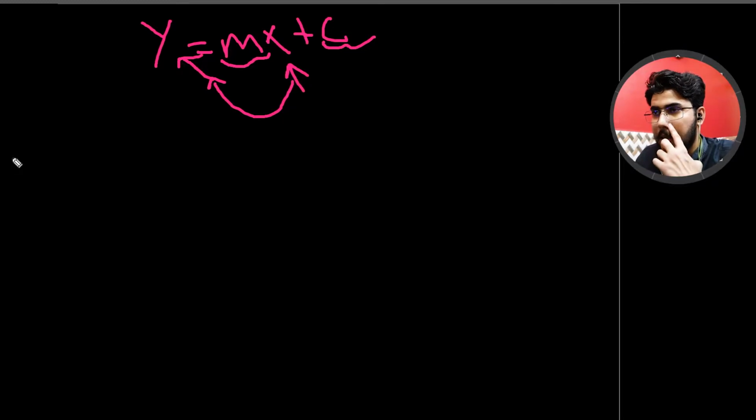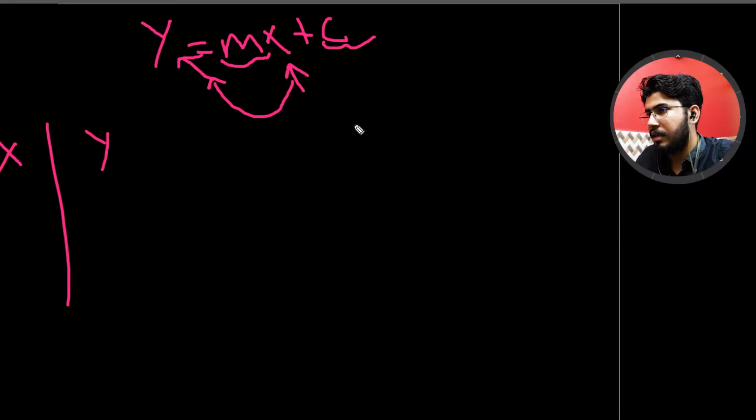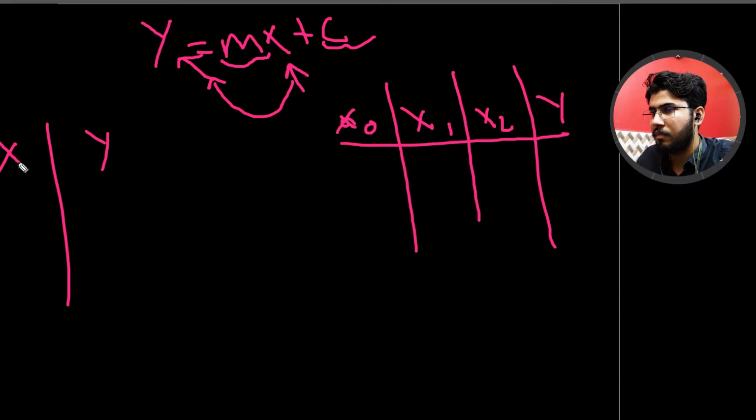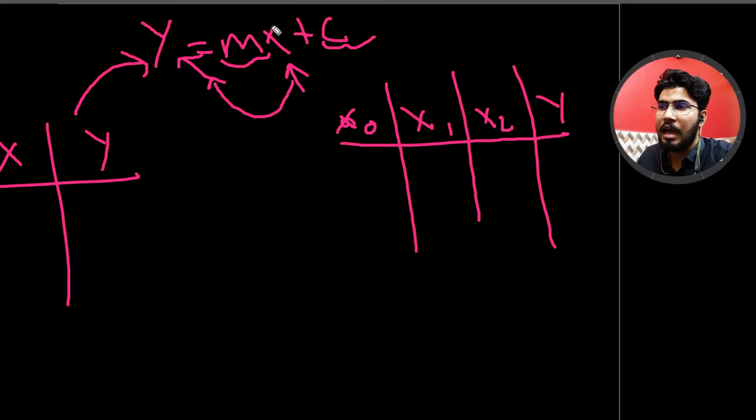Now let me take an example. Let's take x0, x1, x2 and y. So this was the case of this. I have explained everything in the linear regression video, like how this equation works and how these things are very important. Now, for